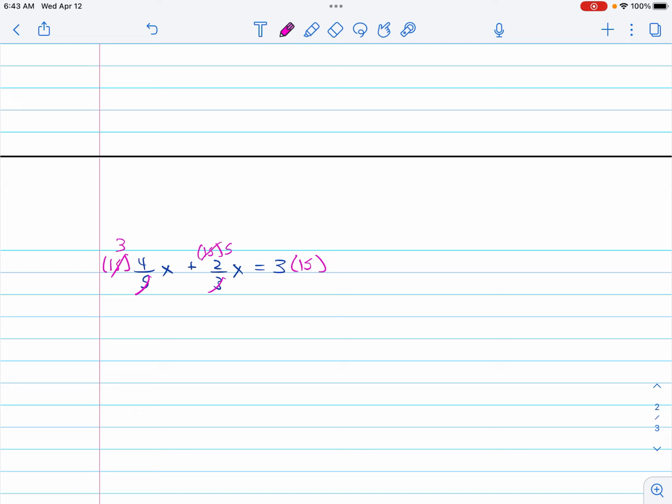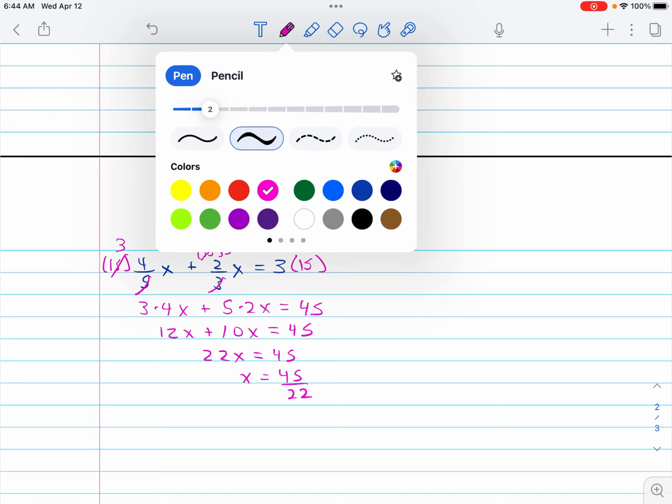And now look what we've got. We've got 3 times 4x plus 5 times 2x equals 45. This is 12x plus 10x equals 45. Notice I just multiplied through by a product of the denominators. Now I get 22x equals 45. Divide by 22. There. Now let's suppose that we've got